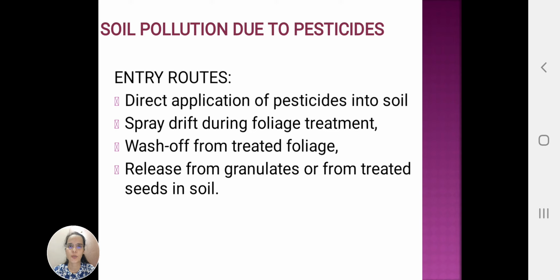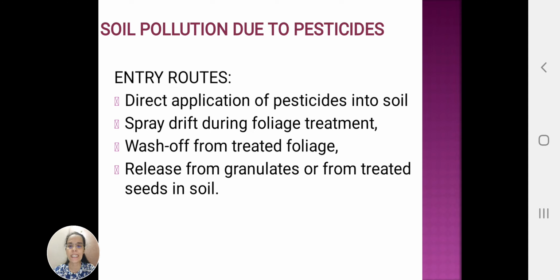Soil pollution due to pesticides. The entry routes include direct application of pesticides into soil, spray drift during foliage treatment, wash off from treated foliage, leaching, surface runoff, and release from granulates or from treated seeds in the soil. Some of the important factors which include the transport, persistence or degradation of pesticides in the soil, they depend upon